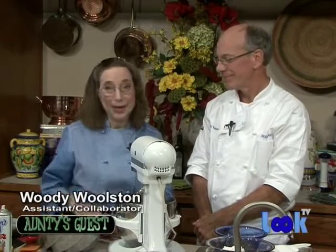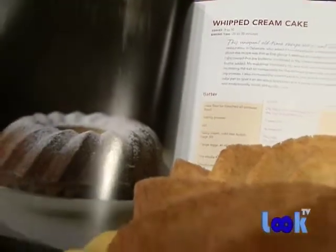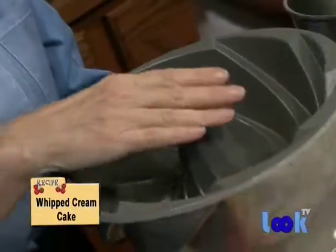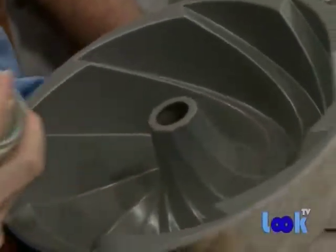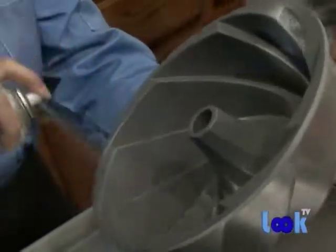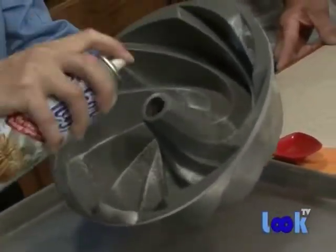And this is a cake that's from my new book, Rose's Heavenly Cakes, that is made in the Nordic Ware tube pan, which I think is the most elegant pan. And I love baking in tube pans because they have a center tube, so it bakes very evenly. But any tube pan that you use that has a fluted edge, it's really important to use a spray with both grease and flour. And either do it over the sink or do it over a pan, because otherwise it